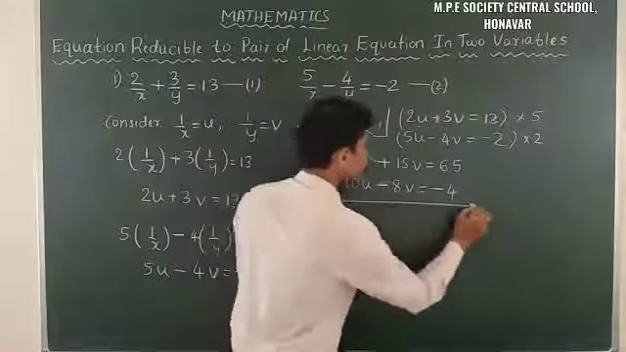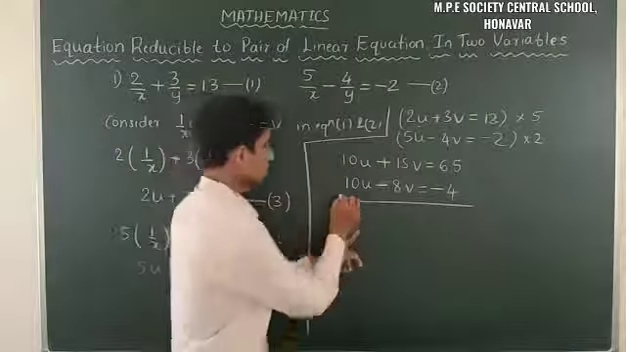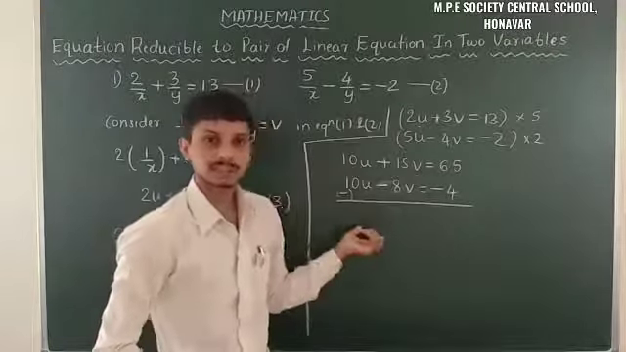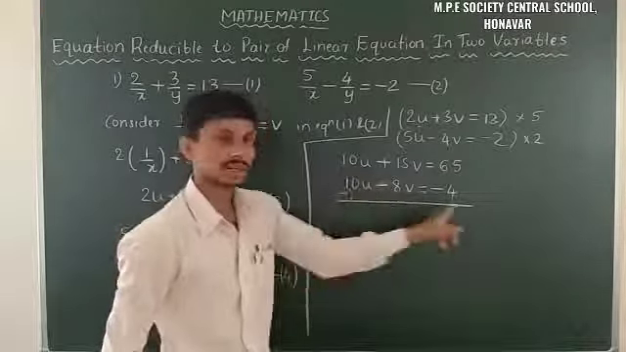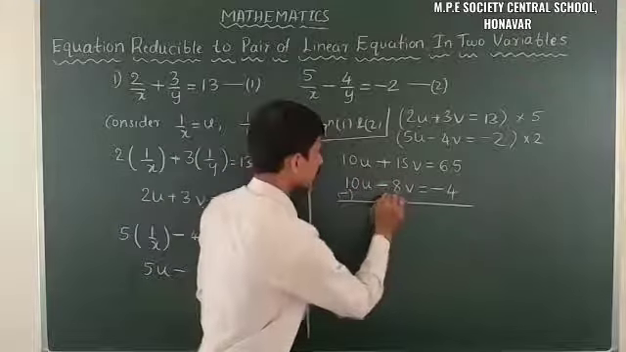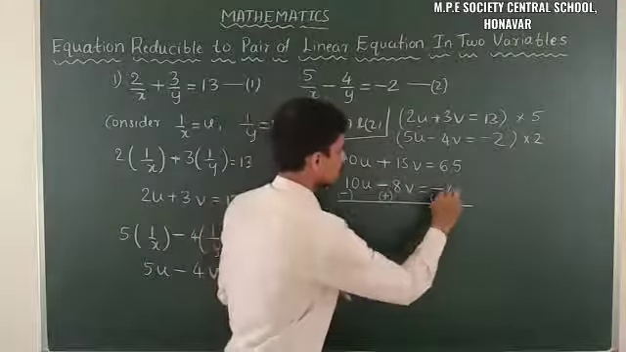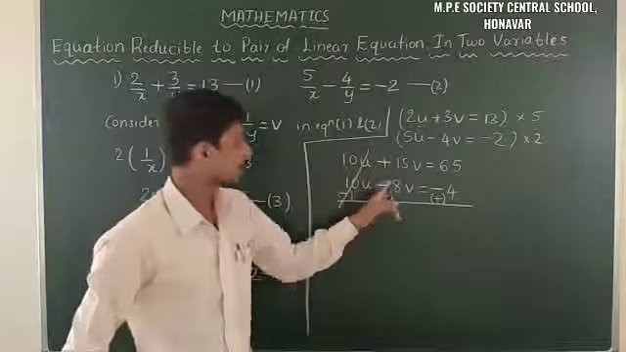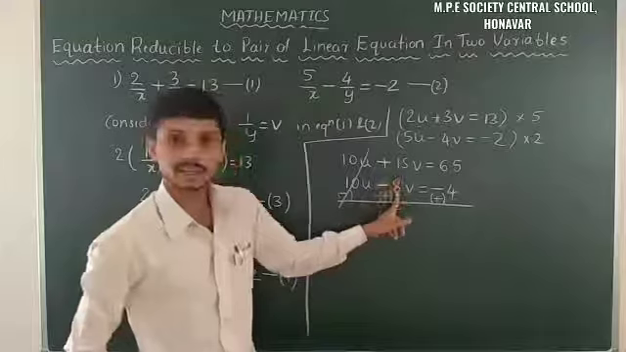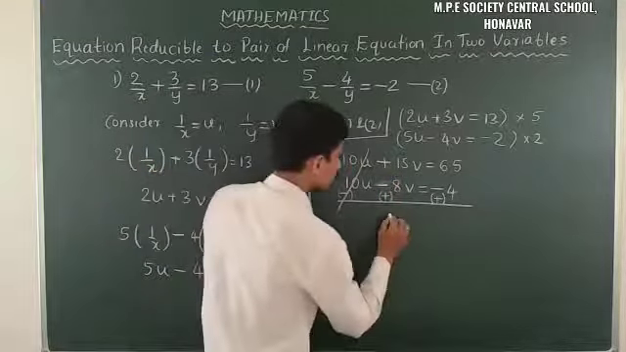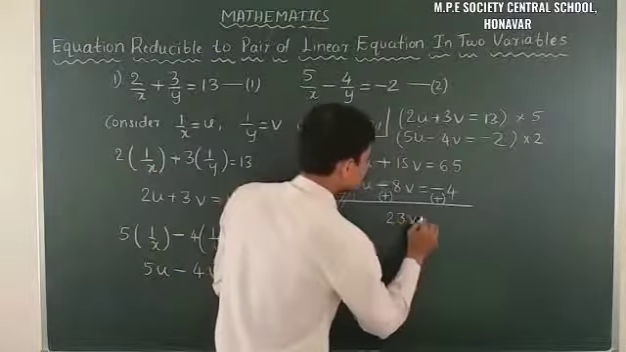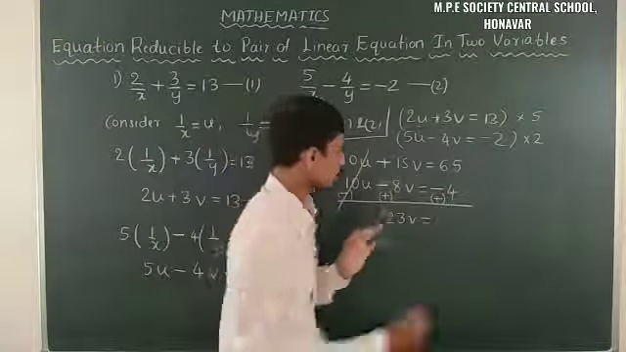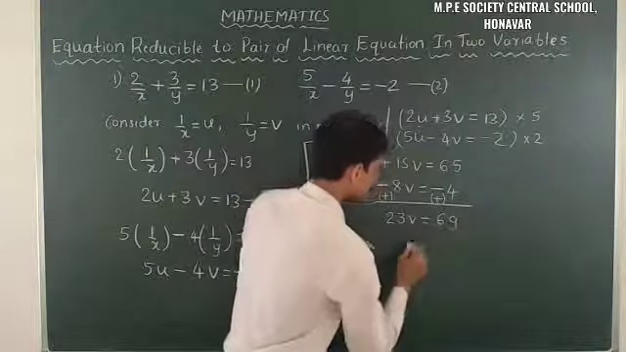After that we have to subtract both. When we are taking subtraction, we have to change the sign of the second equation. So here also plus, then it's also plus. 10u minus 10u gets cancelled. 15 plus 8 is 23, so 23v is equal to 69. 65 plus 4 is 69. So v is equal to